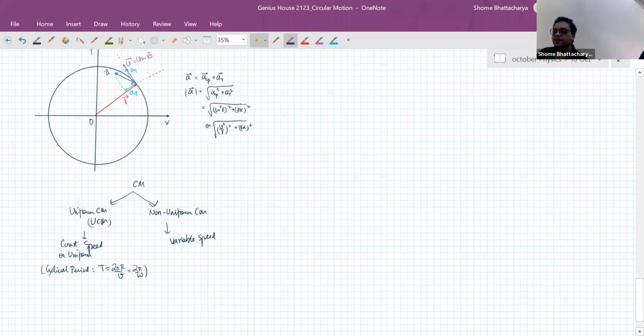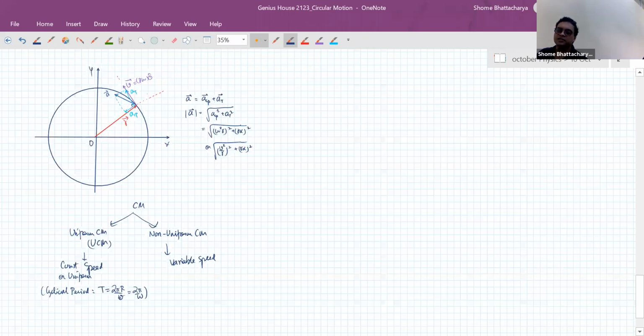Now, you can just note down this definition, just take a minute, and then we'll look at acceleration in each case. And then we will understand what I was talking about earlier, that centripetal acceleration is responsible for only changing the direction. It has nothing to do with the speed. And tangential acceleration has only the responsibility of changing the speed. It has nothing to do with the direction turning. So these two things we'll understand.